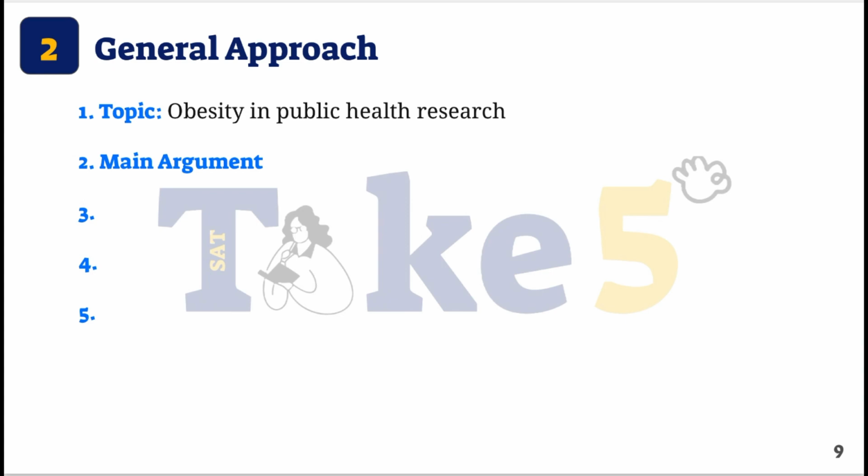But text 1, let's say, argues that obesity is a disease which can be contributed by either natural or nurture reasons. In other words, obesity is a disease either caused by genetics or by external factors like diet, etc.,